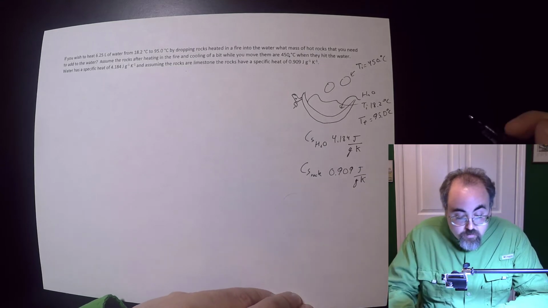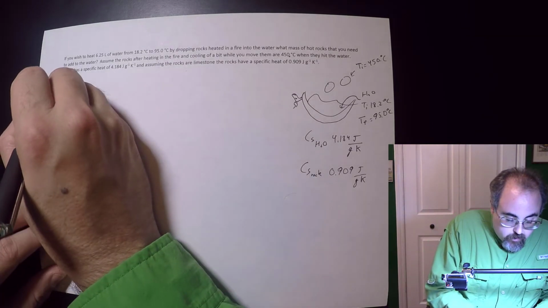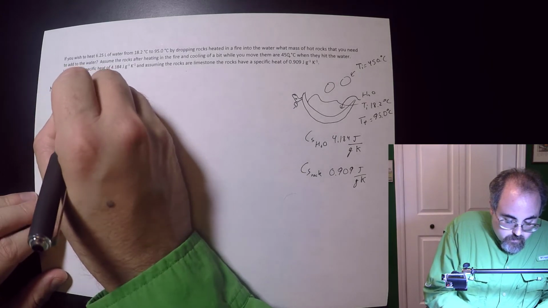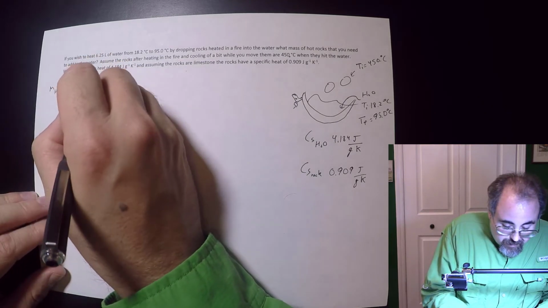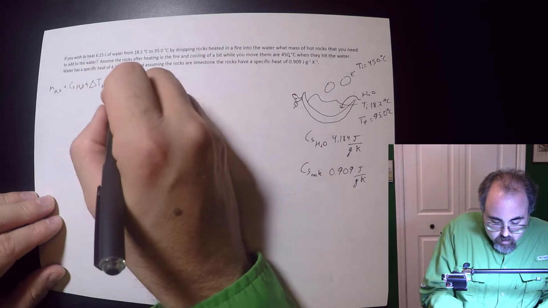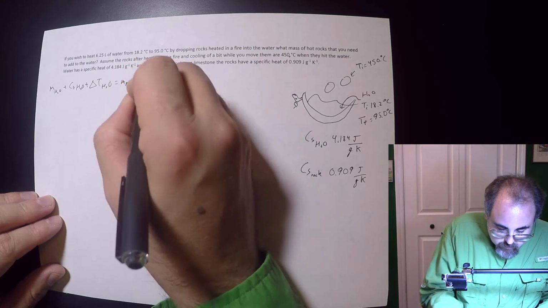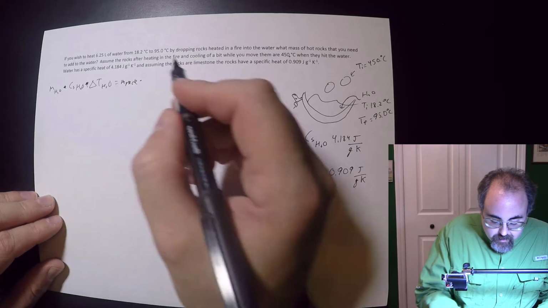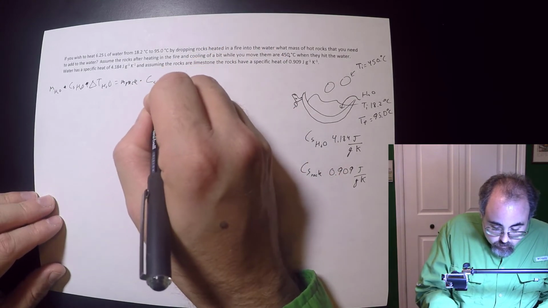Okay, so what we're going to do on this one is we'll set up a calorimeter equation. So this is going to be mass water times specific heat water times, sorry, loud car, times delta T water equals mass rock times, that's not a plus, that's a times sign. Those are times signs, don't be silly, Dr. T. Okay. Cs rock